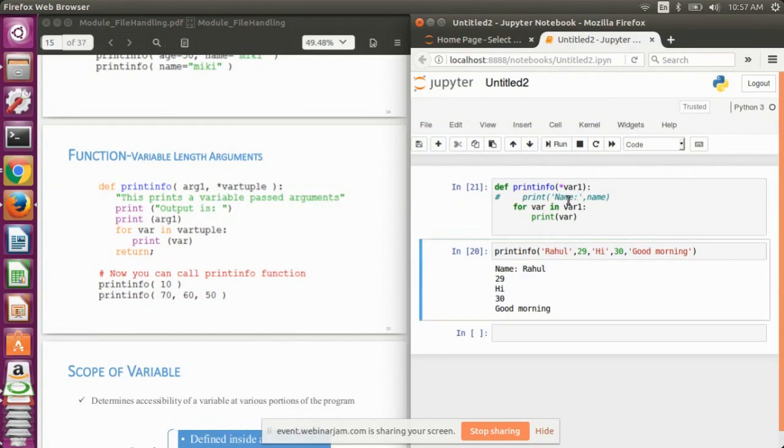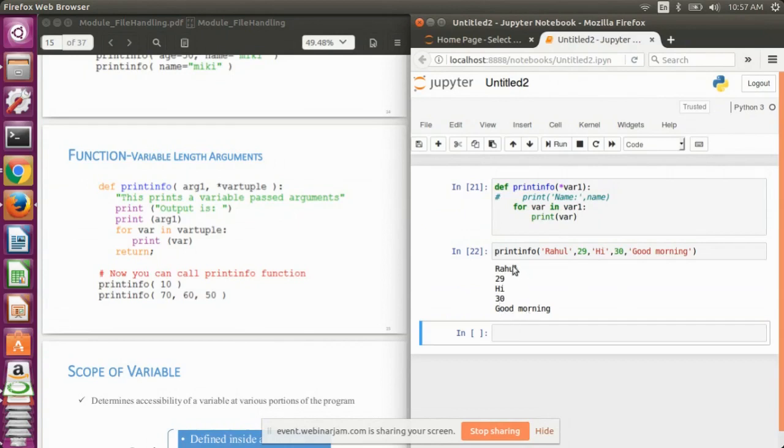Let's see. If I first run this definition and then execute it, you can see all the values that have been passed to the function as arguments were assigned to var1 as a list, and we have printed that here as Rahul 29 hi 30 good morning.